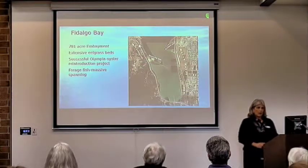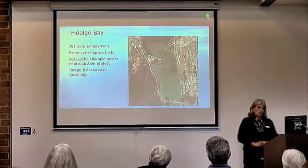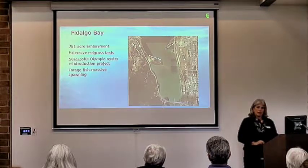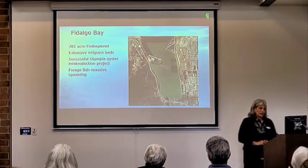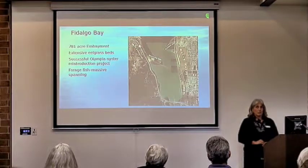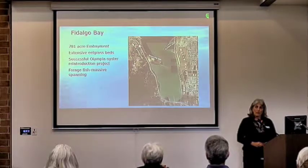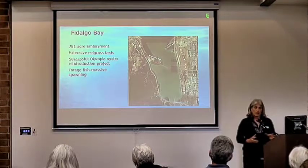So kind of moving south, Fidalgo Bay. It's one of the smaller marine reserves, but it has a lot going on. It's got some huge eelgrass beds. It's got one of the most successful Olympia oyster reintroduction projects, led by the Skagit MRC, again, Puget Sound Restoration Fund, and Paul Donnell. So there's a lot of information on that project, and also some follow-up